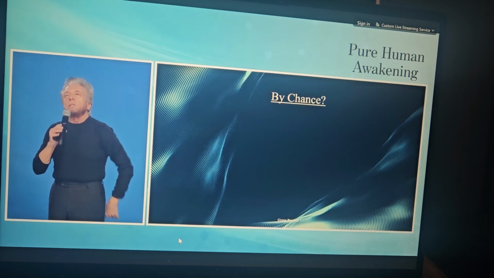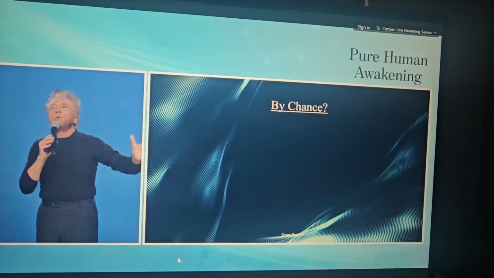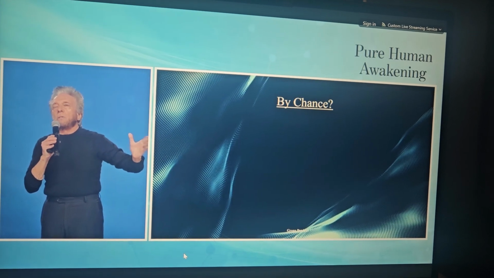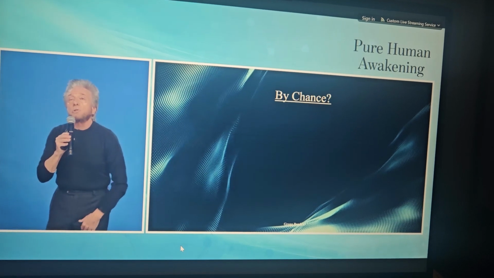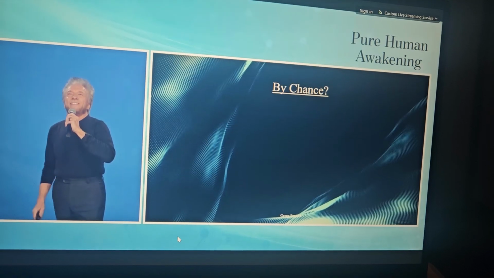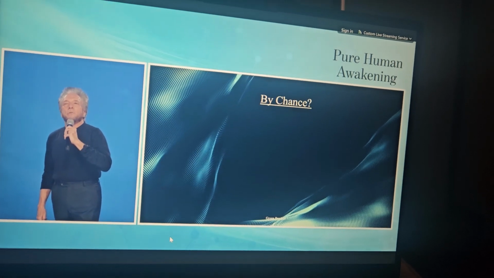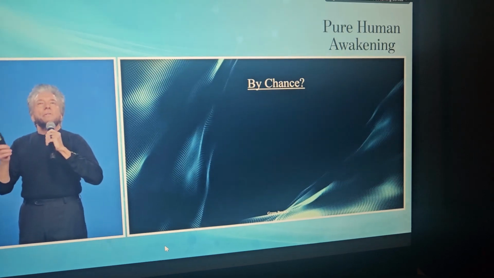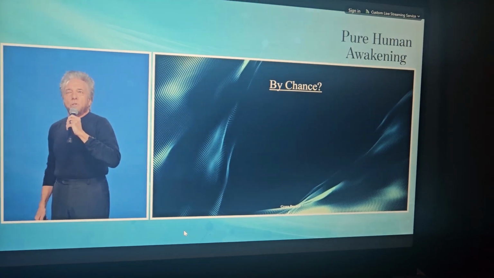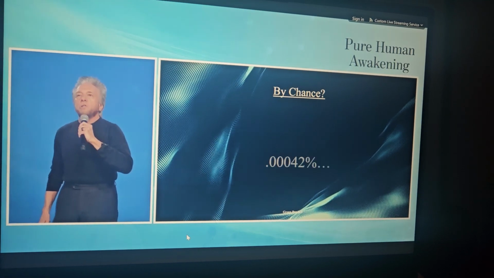And the first thing that came across my mind, I said, is this a fluke? Is this by chance? And I called a statistician friend of mine at 3 in the morning who was happy to work with me. And he ran the numbers. The odds that this is a fluke, that this is just by chance,